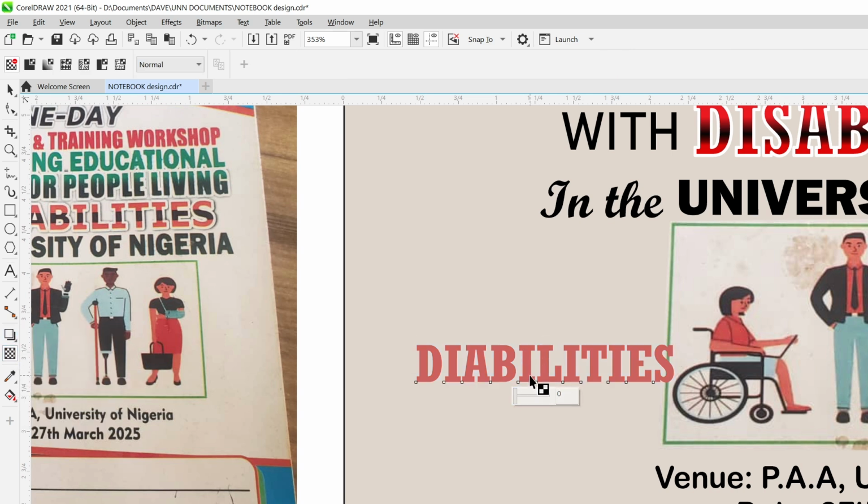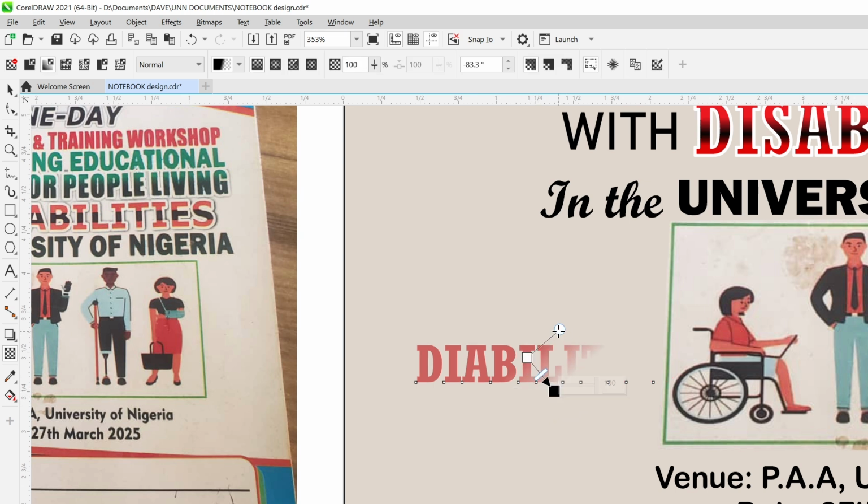I'll click my transparency tool, and I'll hold my shift key down, understand? I clicked my transparency tool, and then I did this. So what I'm going to do now is add different colors to these. So this one is going to be